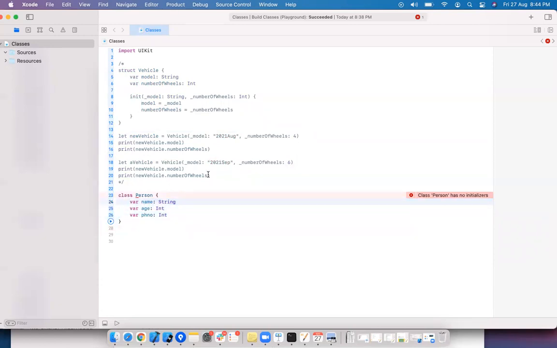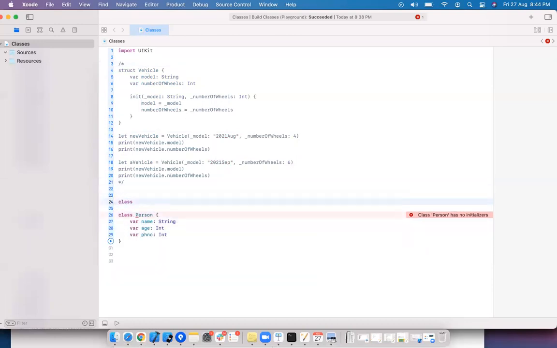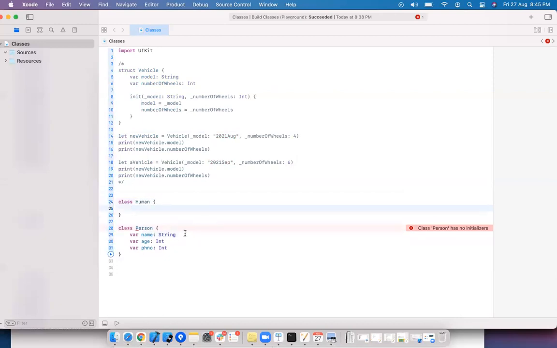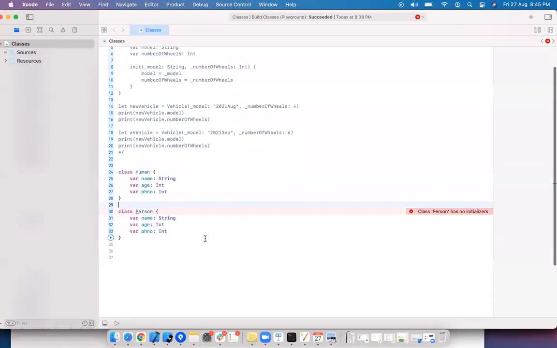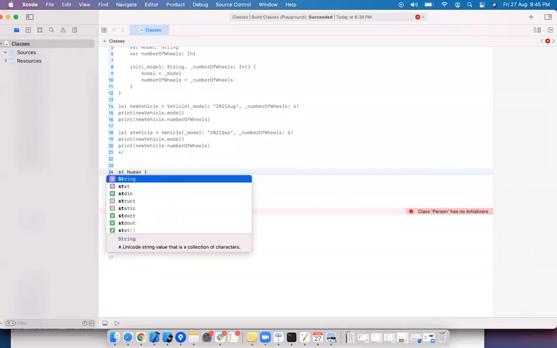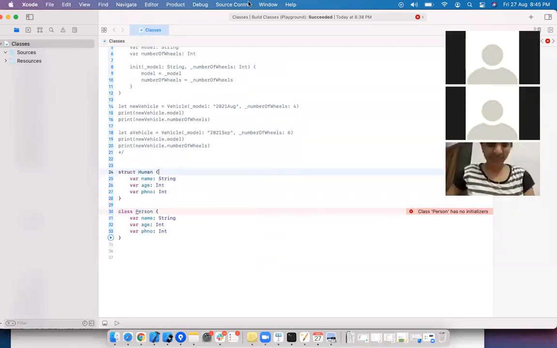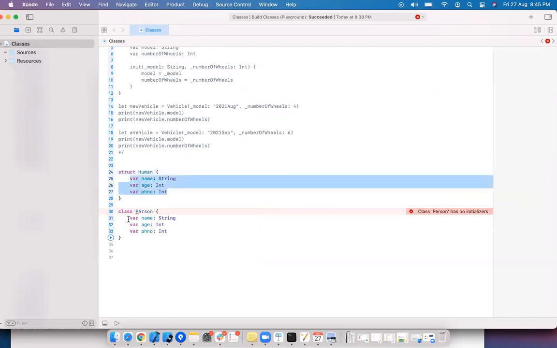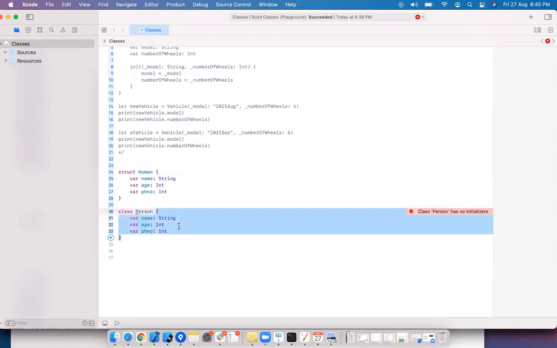In the case of structures, since it creates an initializer, I can create the same thing, let's say Human, as a struct with the same properties, and the structure does not give any error, but the class gives an error, because structure provides a default initializer, whereas class does not.